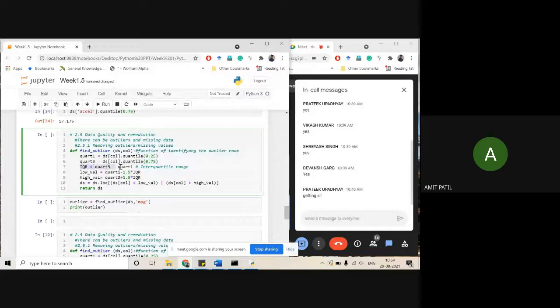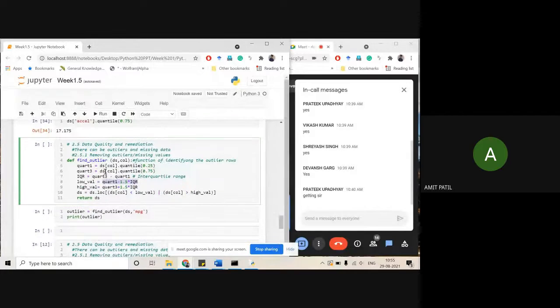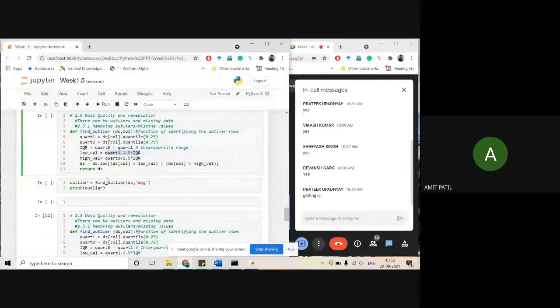This is your interquartile range, IQR. Third quartile minus first quartile value will give you the interquartile range. As you know, the outliers will be beyond 1.5 IQR, plus or minus 1.5 IQR.